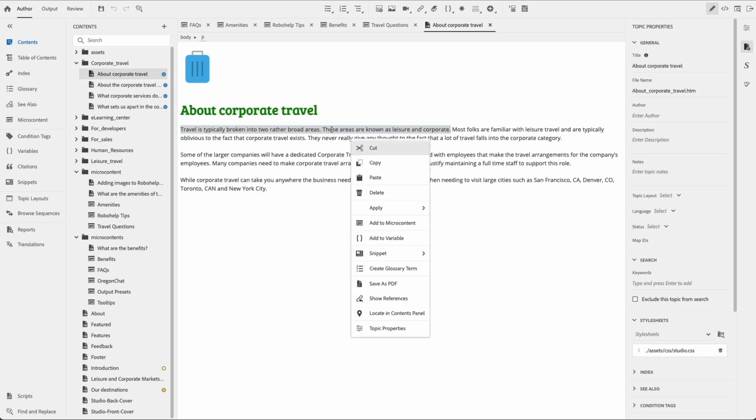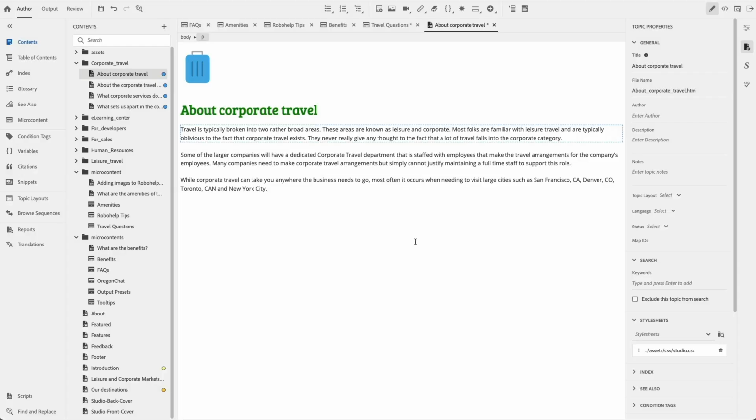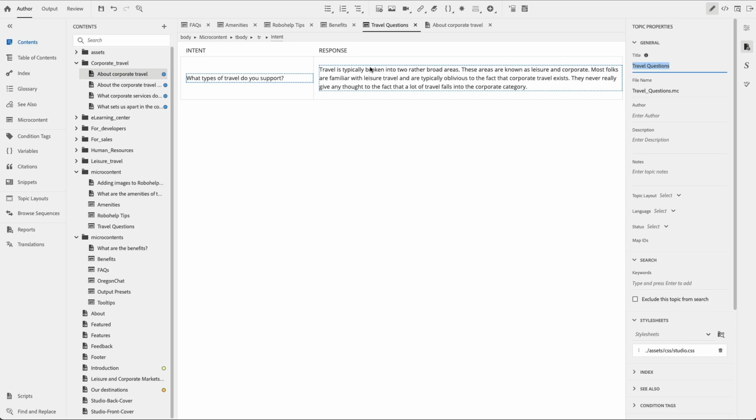I'll right-click on that, Add to Microcontent, choose my group, and choose my intent. You can see that Travel Questions has now been modified. And when I save the file to refresh the screen, I've got an easy answer for this intent inside of my existing content. So I'll come back to Contents,